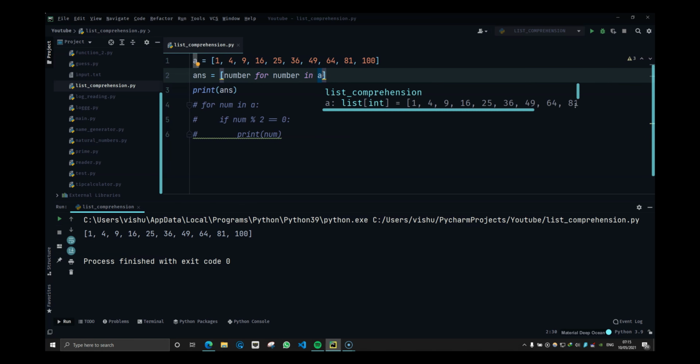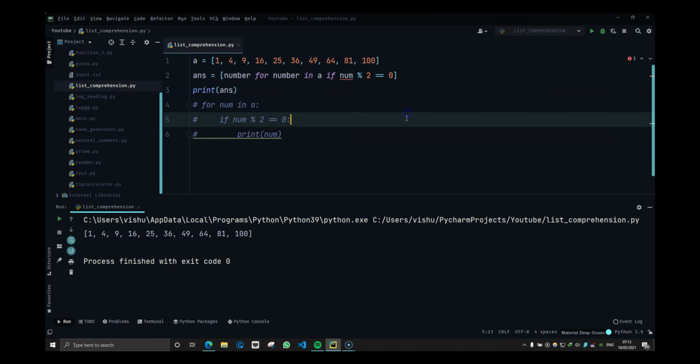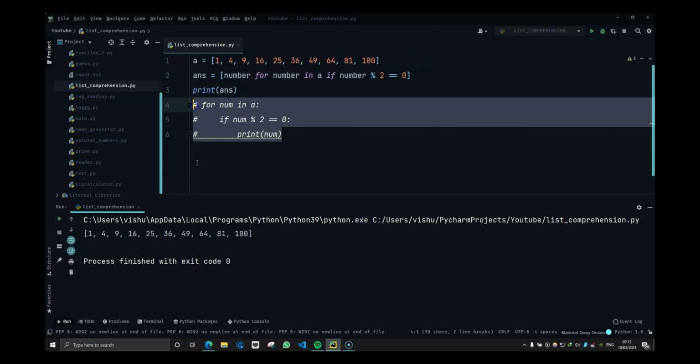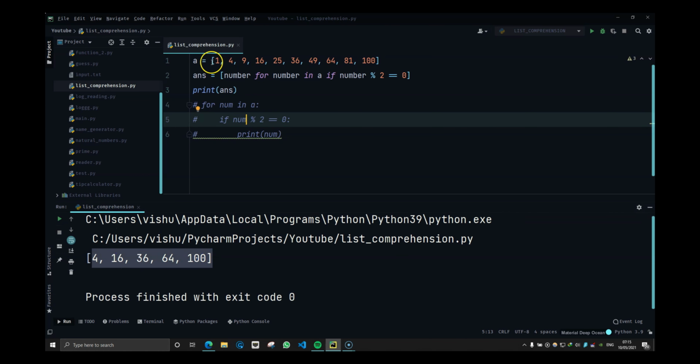So I'm going to modify this with number for number in A if number mod 2 is equal to 0. Let's rename this to number, and now if we print answer, we will have a list of all the even numbers generated from this list in one line.